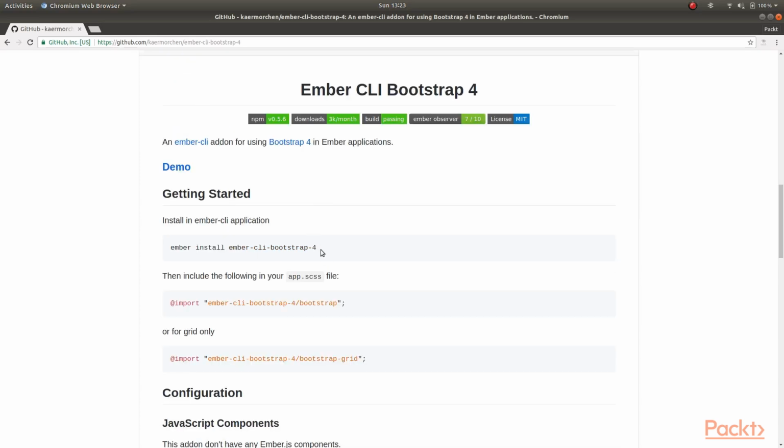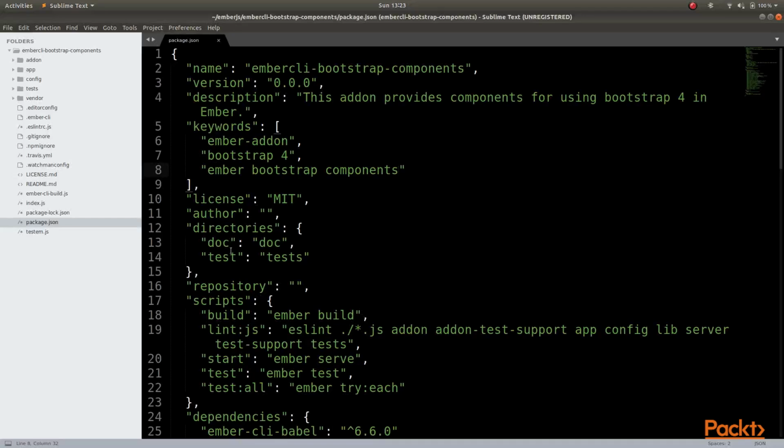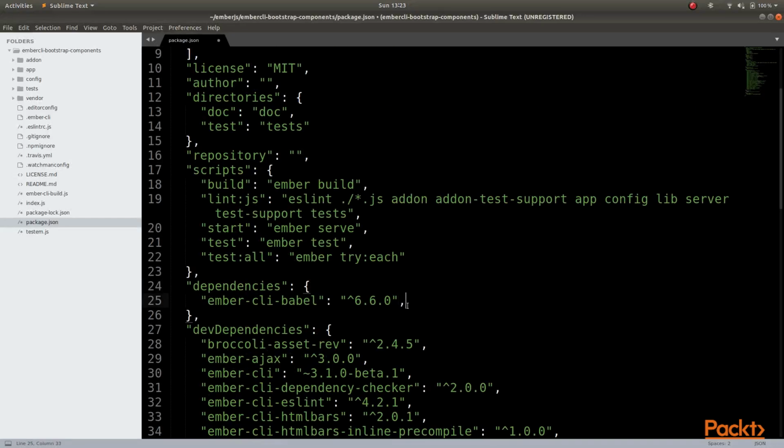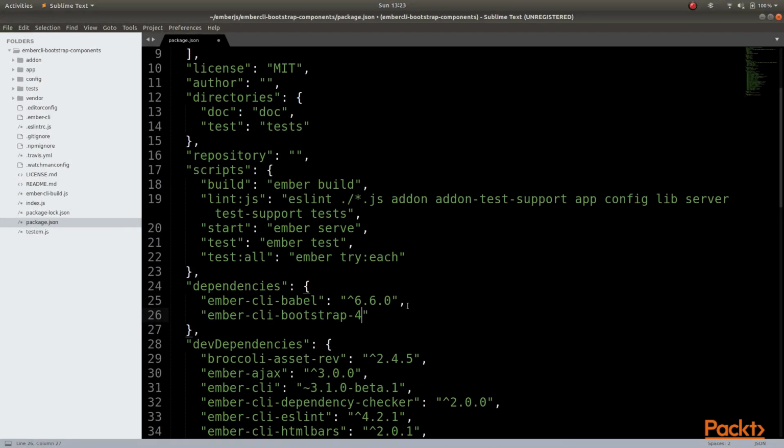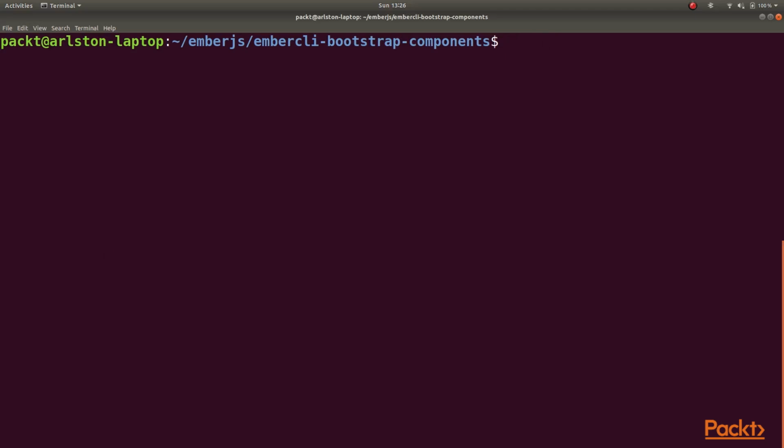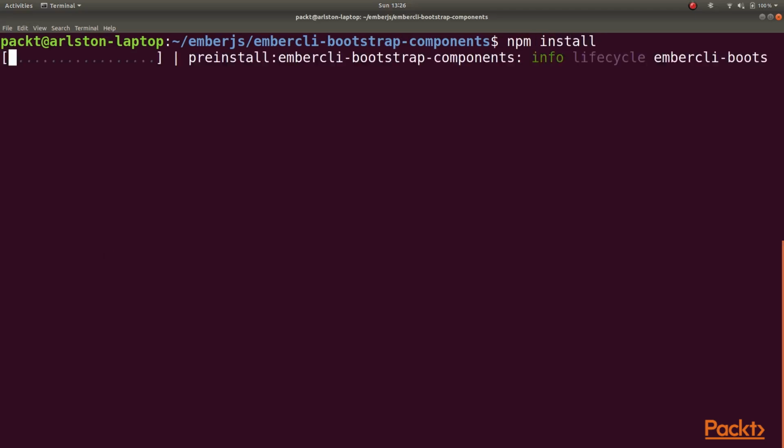Let us start by adding this add-on to our package.json file. We will add this to our dependencies section in our package.json file. Let us also specify the version to be from 0.5.6 onwards. Then we will run npm install